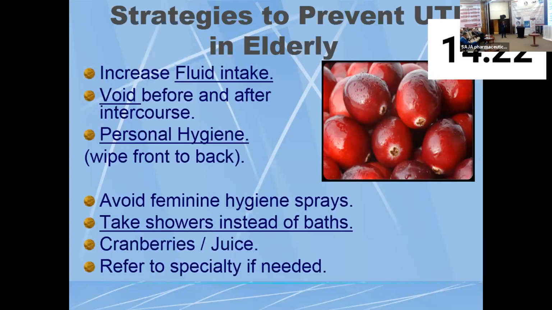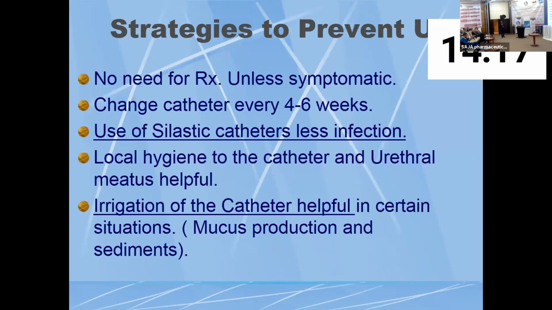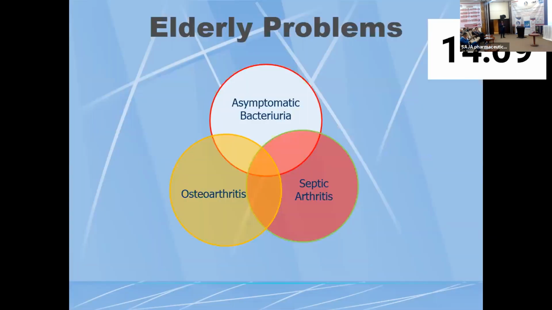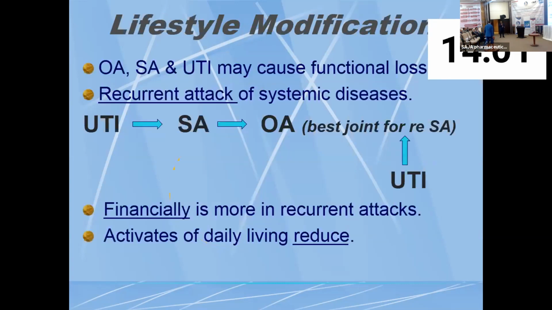For the elderly: increase fluid intake, void before and after intercourse, personal hygiene, and take a shower instead of a bath. Strategy to prevent: use of catheter, and irrigation of the catheter to help in certain situations. So at the end, we have three angular problems: asymptomatic bacteriuria, osteoarthritis, and septic arthritis. Between osteoarthritis, septic arthritis, and UTI, we have a circle. UTI causes septic arthritis. Septic arthritis causes osteoarthritis. The affected joint is the best joint for